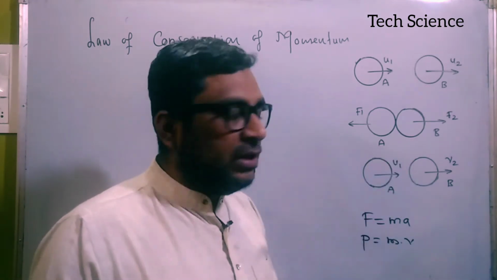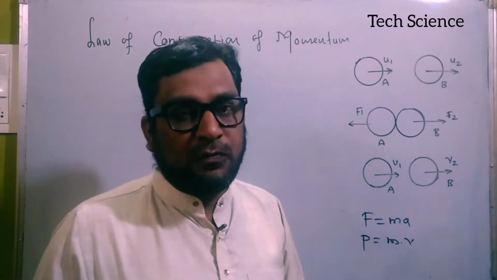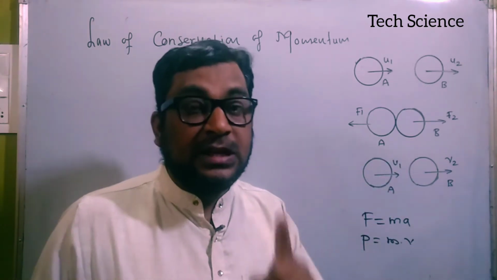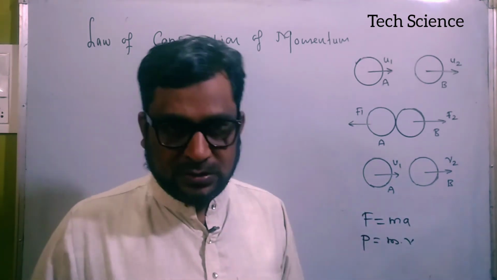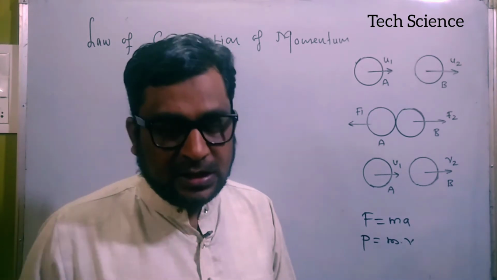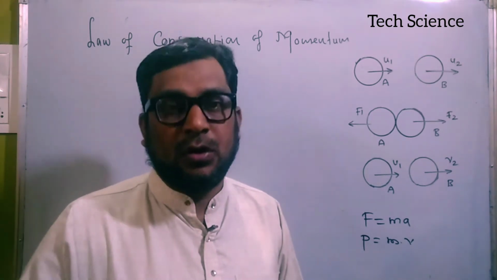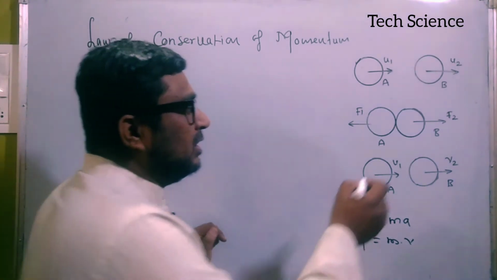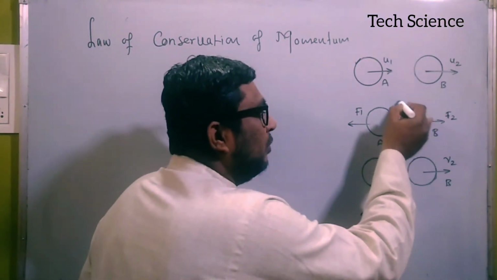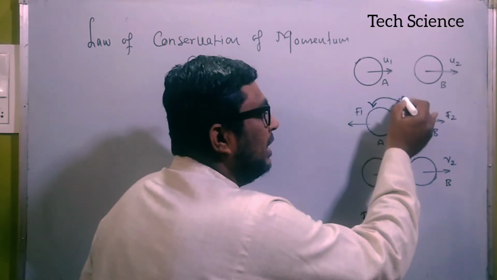And after the collision, what happened here? As per Newton's third law of motion, for every action force there is an equal and opposite reaction force which acts simultaneously. This is Newton's third law of motion that we already discussed. Let us consider that sphere B exerts a force on sphere A, and that is F1.